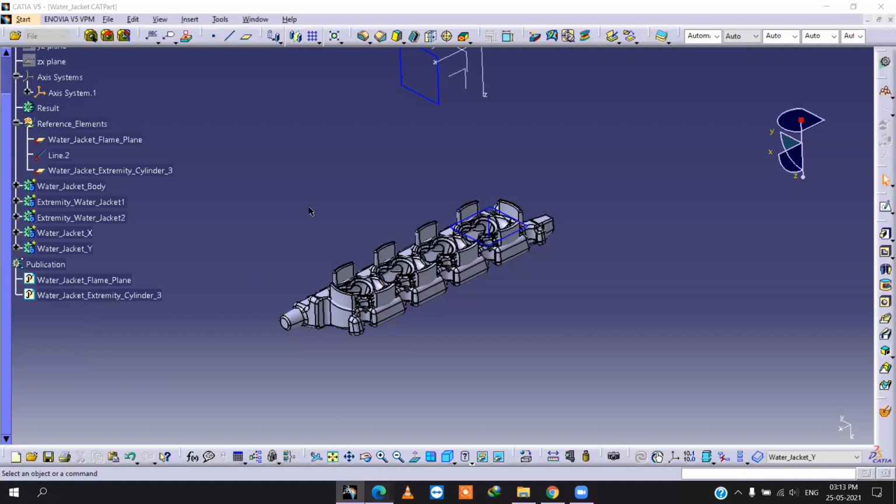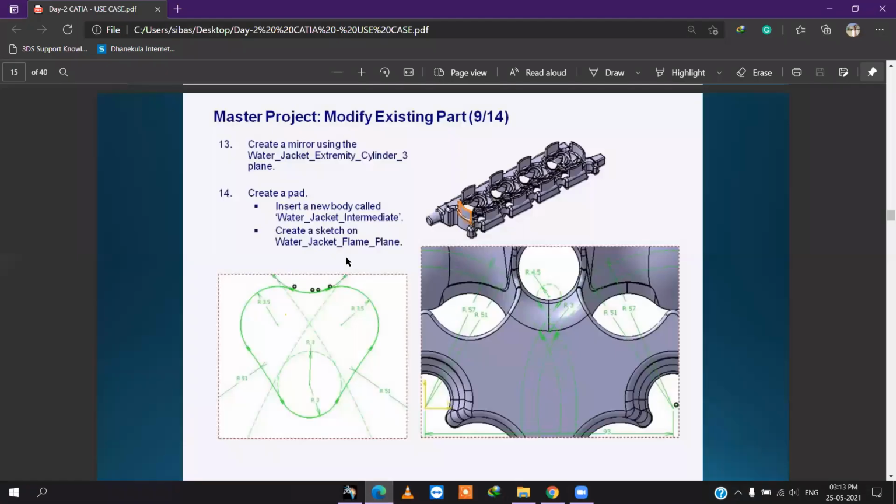Now, it is saying that again we have to insert another new body for this sketch, that is called water jacket intermediate. Let's do that.